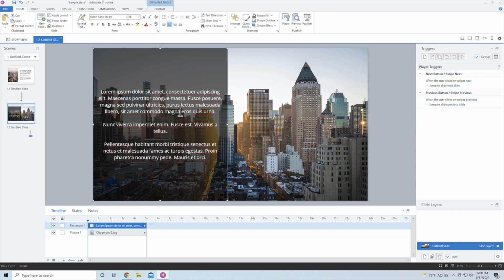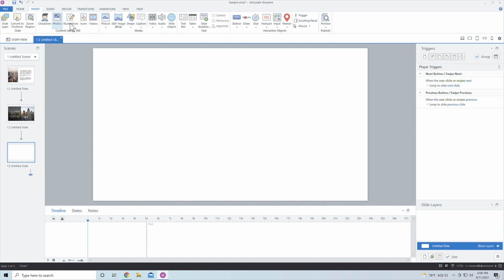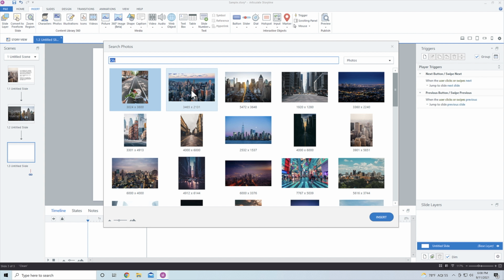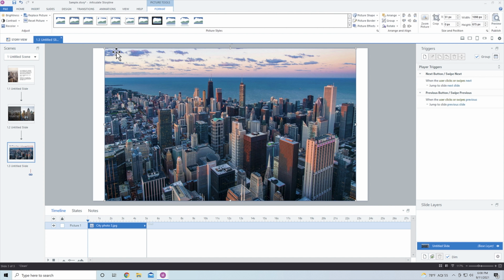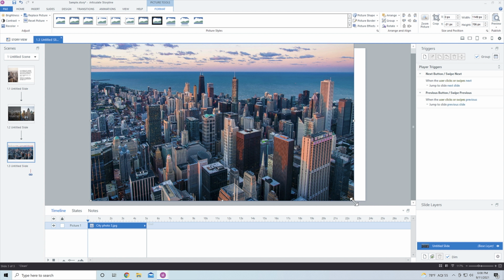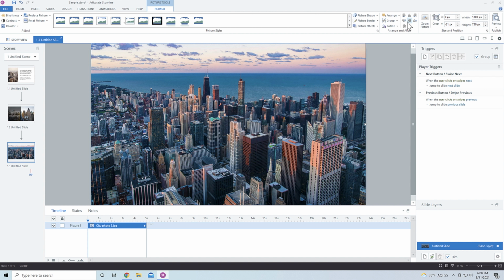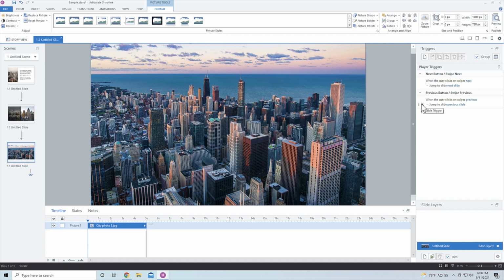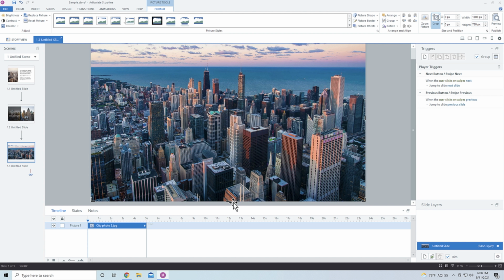We've used the shape to add a little bit more style and not just have a plain background with an image. All right, let's insert another page here. Let's add another image and see what else we can do with the shape. So I'm going to go into the content library, where I searched for a bunch of cities, and hit insert. Let's do the same thing, stretch this out, and make sure that it fills the entire screen here. Then I'm going to make sure that it's aligned to the top, and then we're going to take the crop and move it up here.